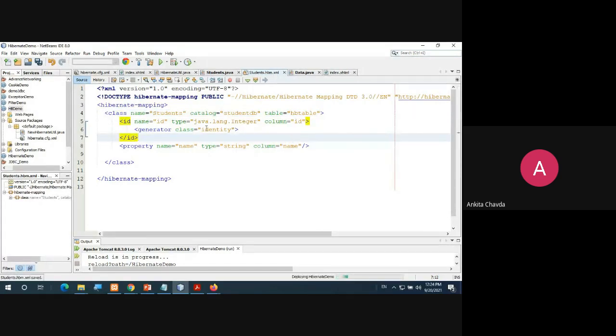Right? You can have this catalog, student DB. You can specify which database you have and which table. This will be automatically there. You only need to add catalog, or schema you can add. In schema also you are providing the same thing. So this class was by default like this.